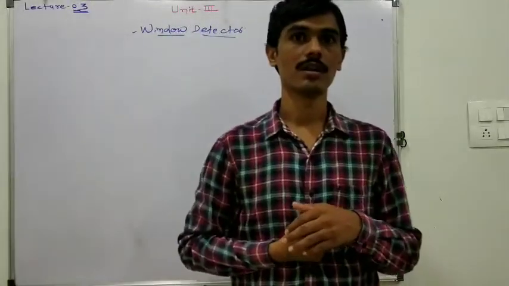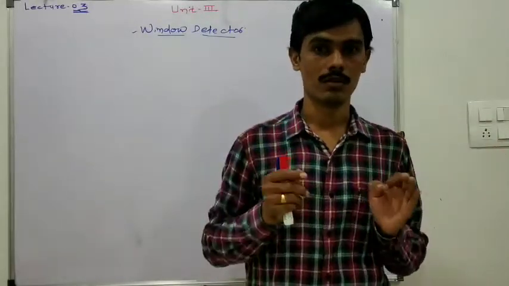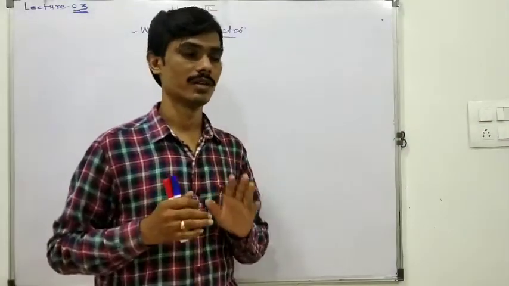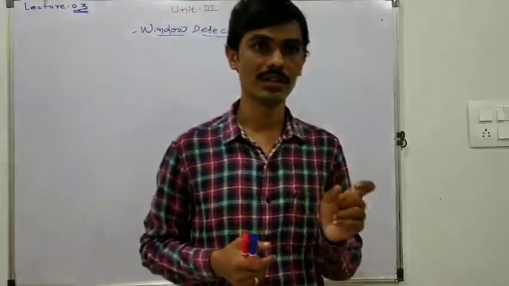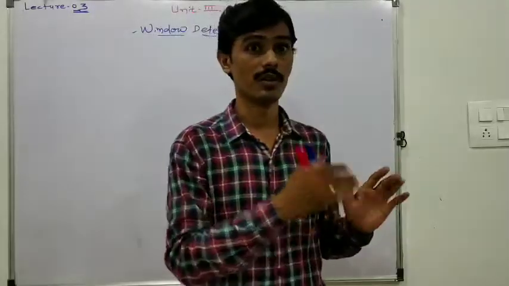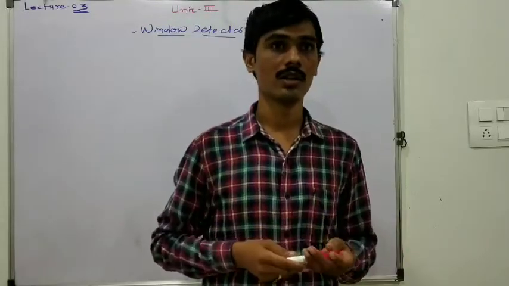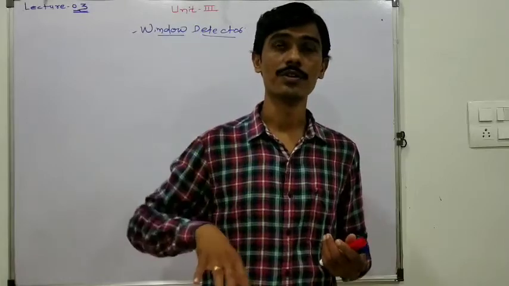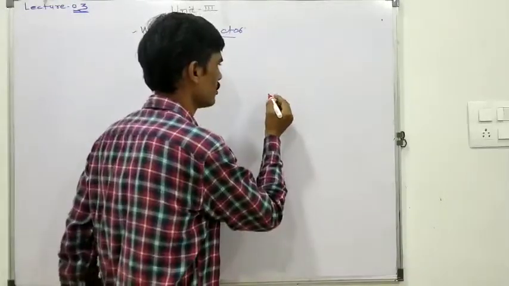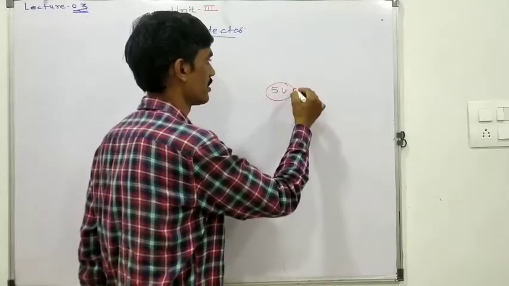A window detector is a circuit which detects whether a voltage falls in between two particular levels. For example, this voltage is the unknown voltage. If you want to detect whether the input voltage appears in between this voltage range, or out of the range, below the range, or above the given range, the circuit used to detect such a voltage is nothing but a window detector. For example, if I want to find out whether 5 volt, which is the input voltage,